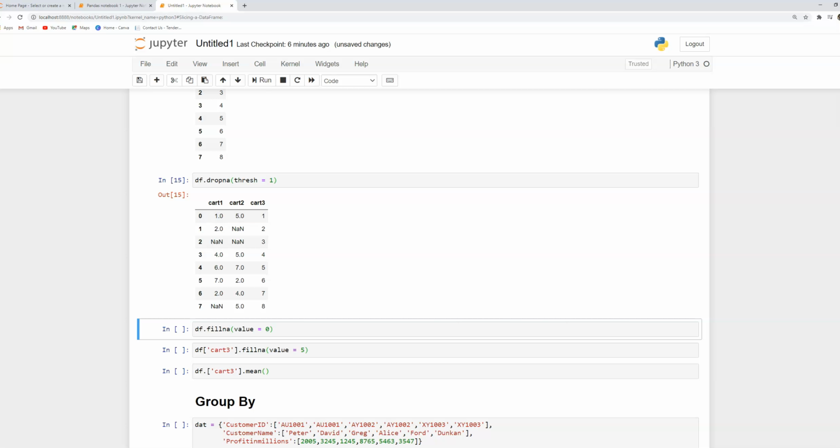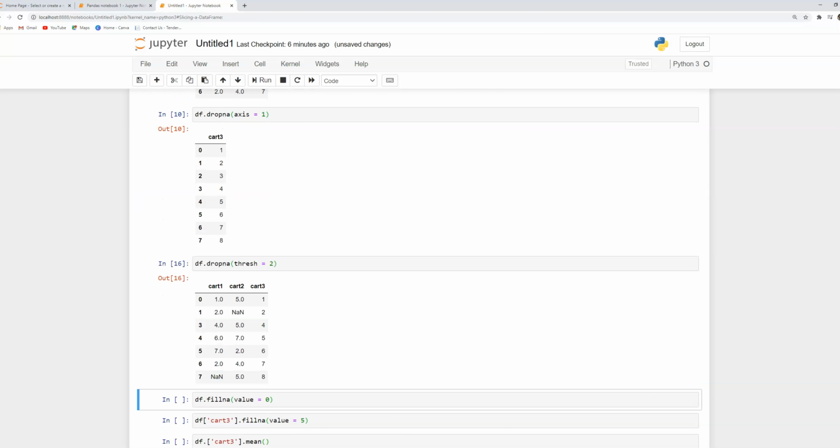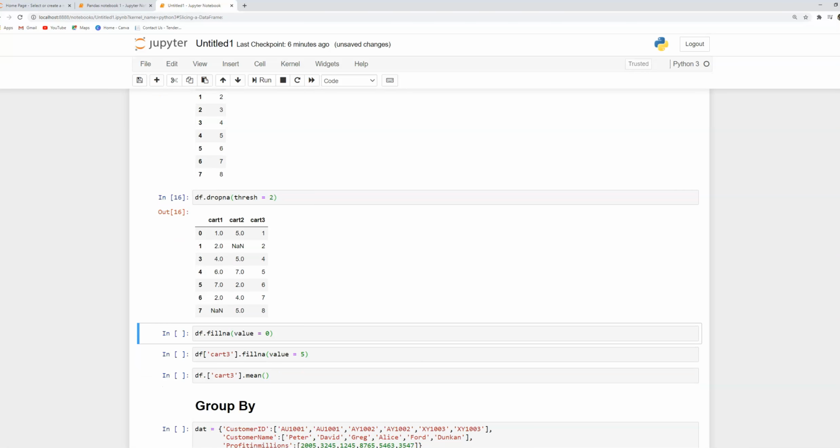That any column which has NaN less than 1 should be dropped. So it doesn't make any sense. So df.dropna with thresh equal to 2. What does it mean? Any columns which have less than 2 non-NaN values will be dropped.